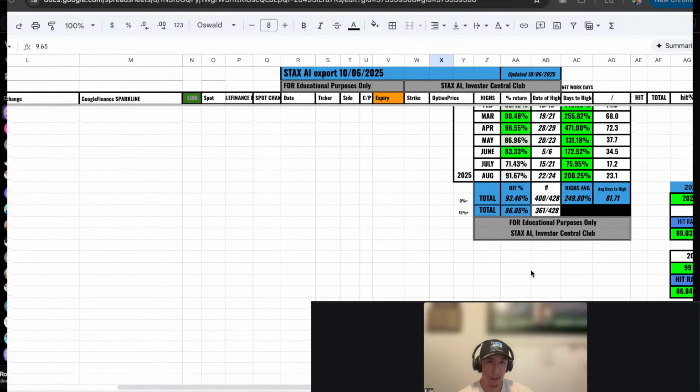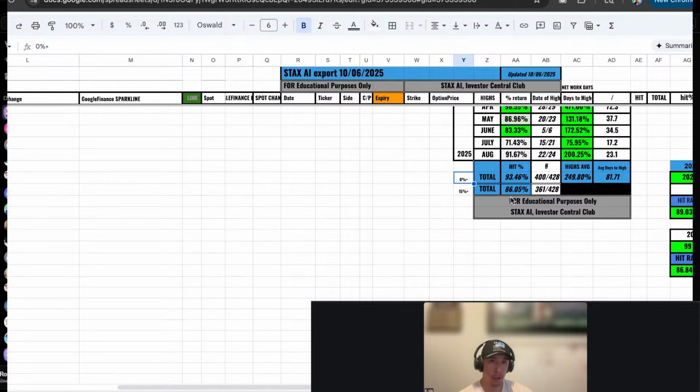Okay. I haven't updated this for the last 2 months, so August and September aren't in here just yet. But if you use 0% as your threshold for a win, we have a 93% win rate. Again, a small handful of them are like 5 or 10% wins, and when you're playing options, I do understand those might as well be a loss. On the other hand, if you use 15% as your threshold,